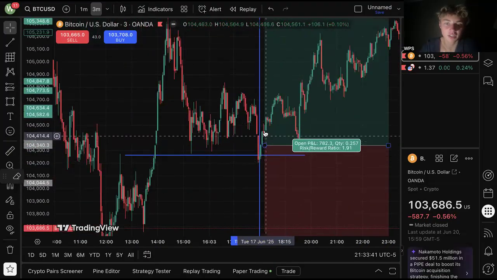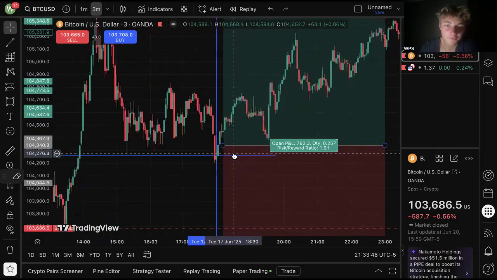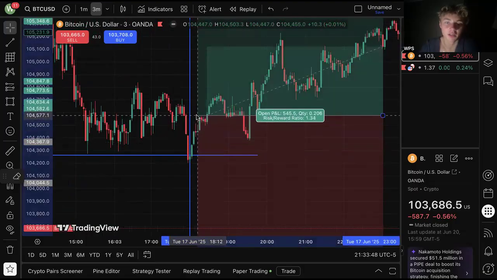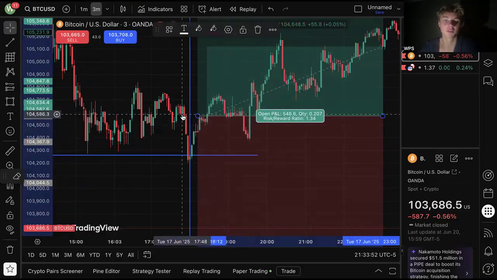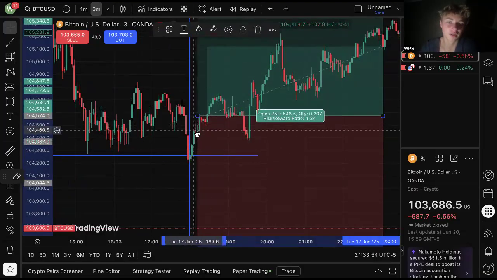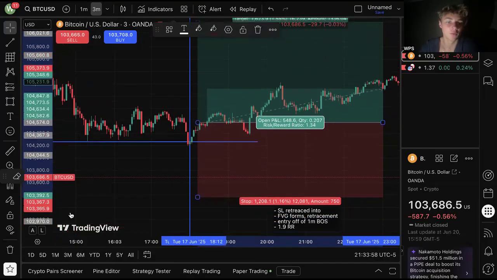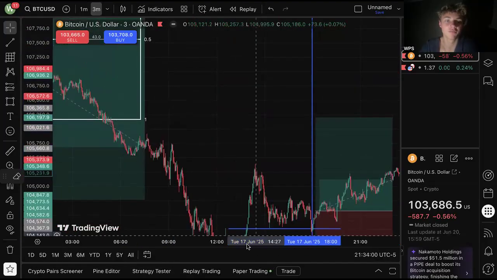Right here, as soon as I get a break of structure, which is right here. Anyway, I messed this part up again, which would technically be up here. This is when I would enter, because price doesn't break structure quite yet, just off of this or right here. And then I would set my take profit